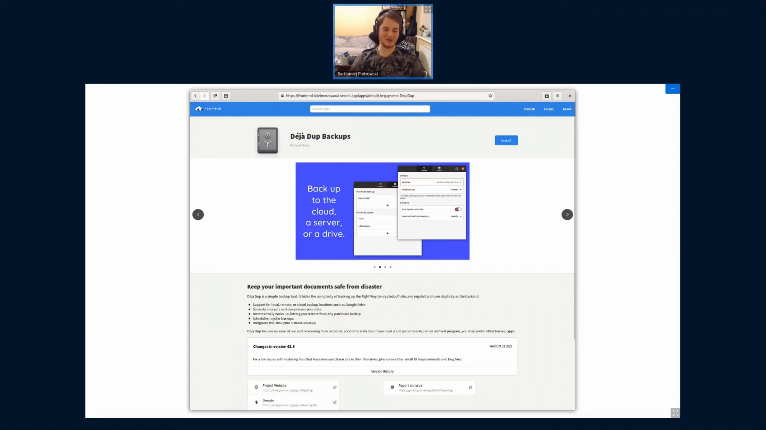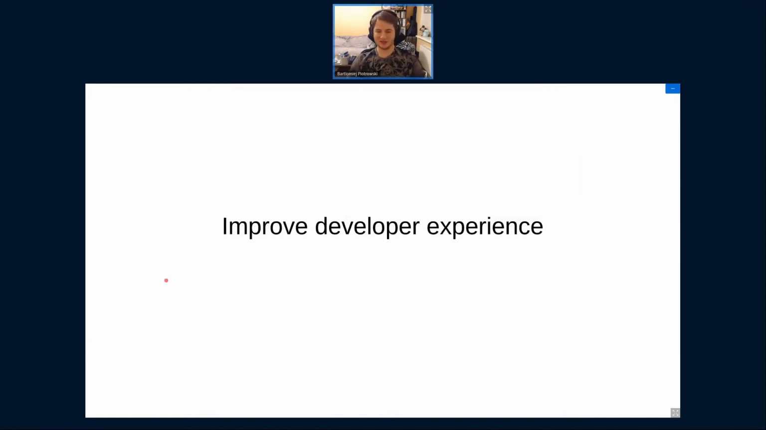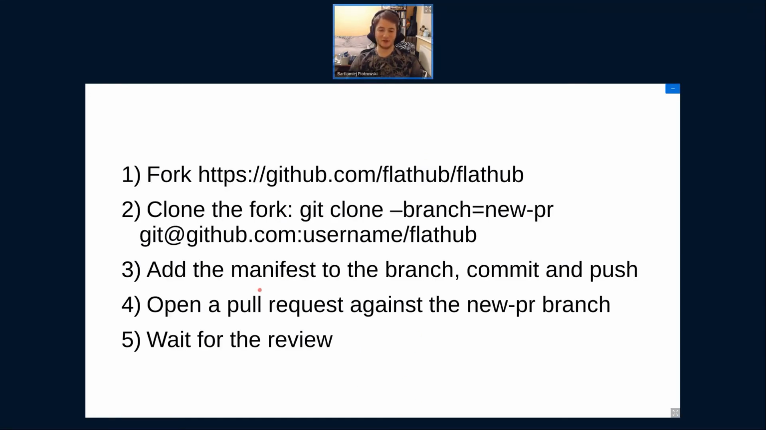Yeah, so that's about the user-facing part. However, one thing I'm very unhappy about is the general developer experience. So, for example, this is how the submission process looks nowadays. So you need to fork our main Git repository on GitHub, then create a new branch from a specific branch called new PR, add your manifest there, commit, push, blah, blah, blah, then create a new pull request to that original repository,